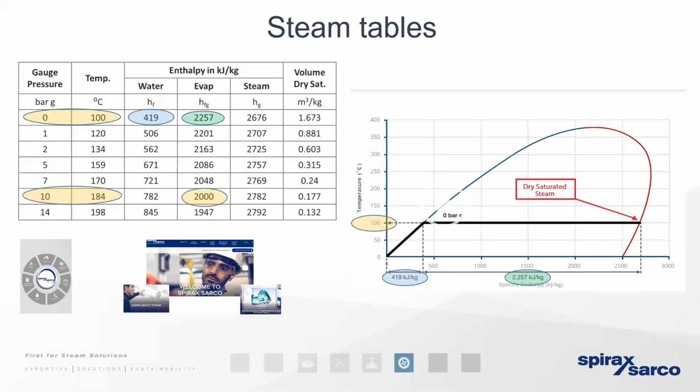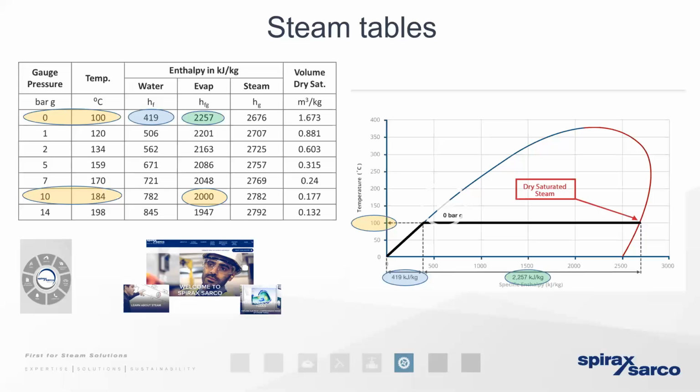It also means it's likely to be drier and of a better condition, but it also means we can distribute it in a much, much smaller and therefore more cost-effective pipework. But remember, for heat exchange purposes, it's that enthalpy of evaporation in the middle column. That's the useful heat energy. And what you'll see is at 10 bar gauge, a kilogram of steam has got 2,000 kilojoules of energy present